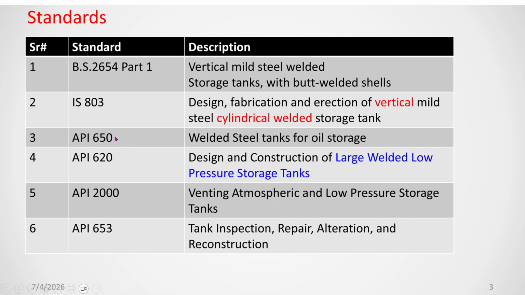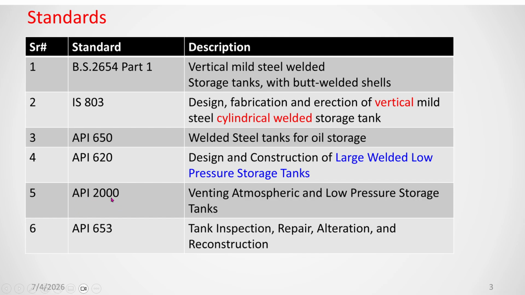Similarly, API 650, a very important standard. These two standards are very important. API 650 is the welded steel tank for oil storage. Or API 620, the design and construction of large welded pressure storage tanks, meaning there will be a little pressure inside. For a tank having normally atmospheric pressure but with some pressure up to 15 psi,